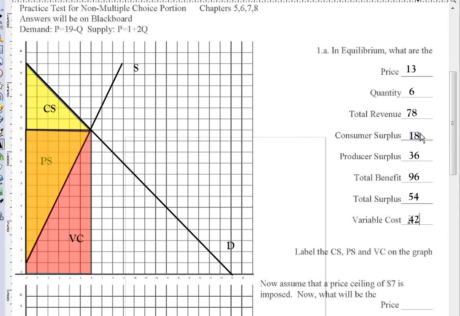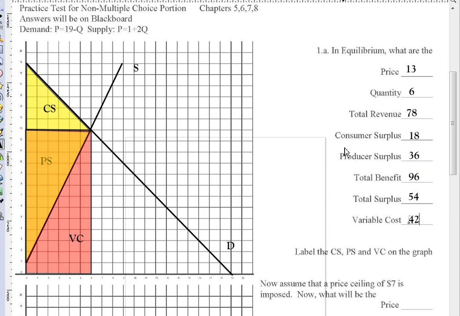So, total revenue of 78, I would explain, is if you sell 6 things at $13 each, you're going to put $78 in the cash register at the end of the day. But then that 78, you're going to have to pay $42 for labor and materials costs, things that cost more when you produce more units, $42,